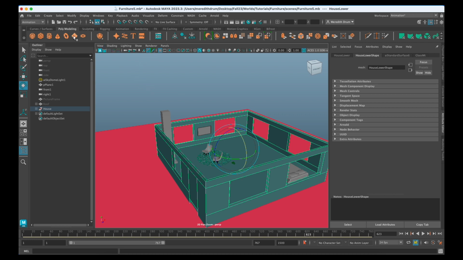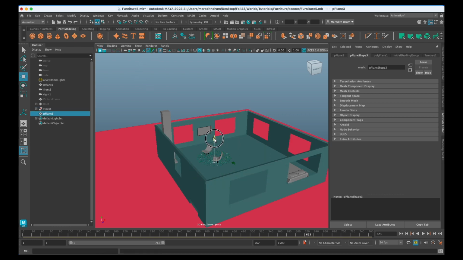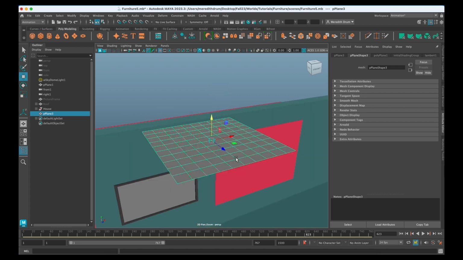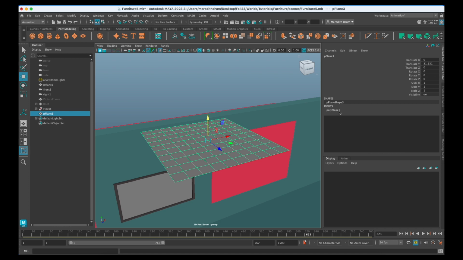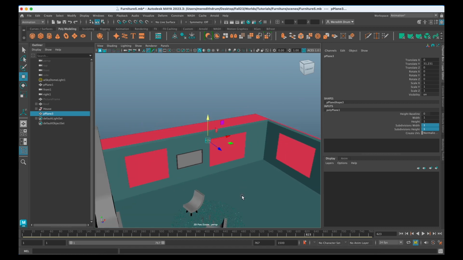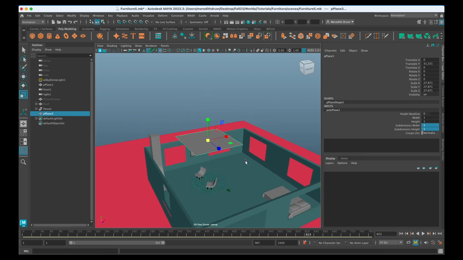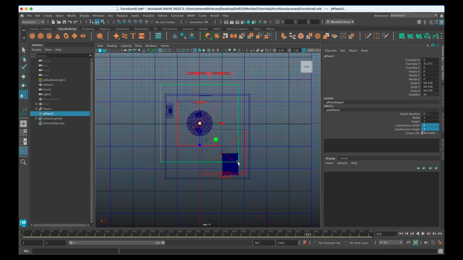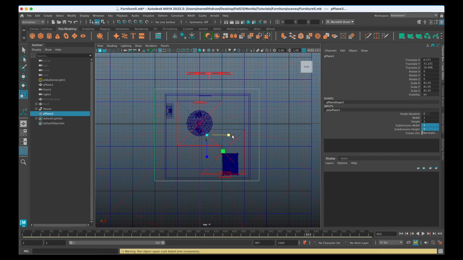I'm gonna just start with a plane, and let me just bring it up in space and focus in on it. I see that has a lot of divisions, which I don't want, so I'm gonna look in my channel box, look in inputs, and I'm just gonna bring that down to 1. And now let's scale it, and let's place it kind of evenly over the house. So if I look at it from upside down, I can see my house is off center, so I could play around with that. You could move your house back into the 0, 0 position, or you could just kind of try to eyeball it.